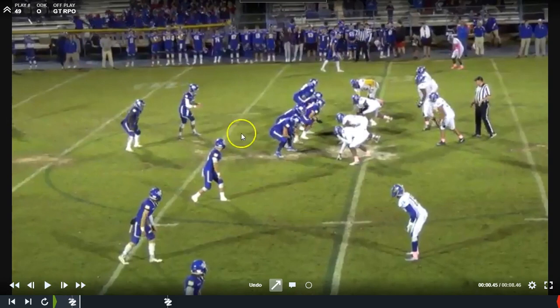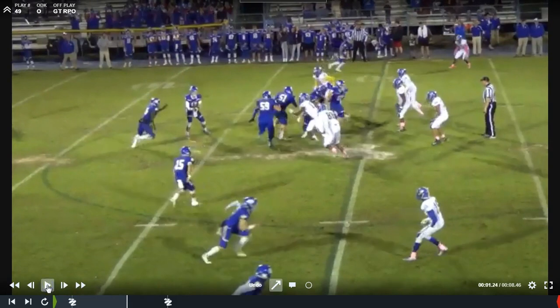Now this team again has loaded the box to stop our run. There's 7 men in the box. We cannot block 7 with 5. They've got a +2 on the overhang, and they can play front side pretty sound. But what are teams going to do? They're kind of scared to play us man because of our ability to throw the football, so they try to give us some space. And what we do in this situation is when we pull,